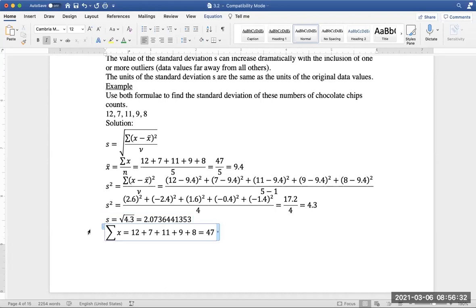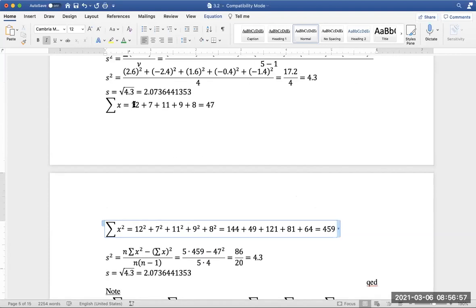Now let's do the simplified computational formula. Let's add up all my data values: 12 plus 7 plus 11 plus 9 plus 8, 47. Then add up the squares of each of these numbers: 12 squared, 144, plus 49 plus 121 plus 81 plus 64,